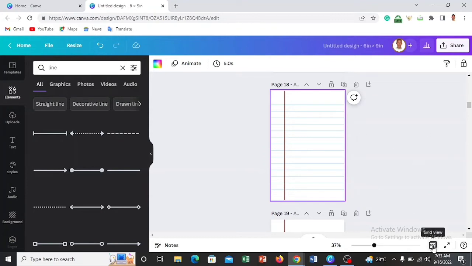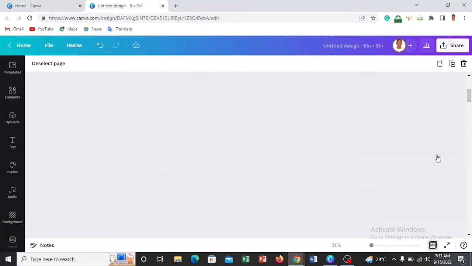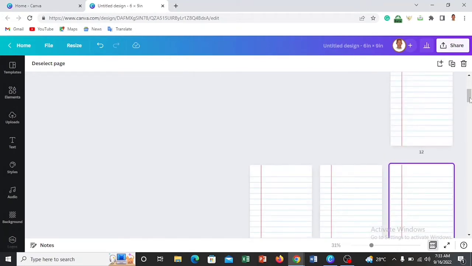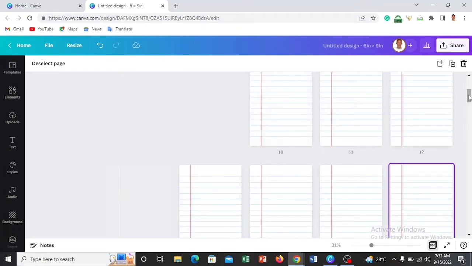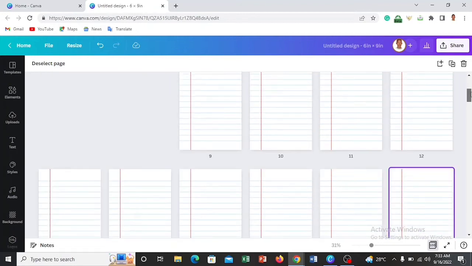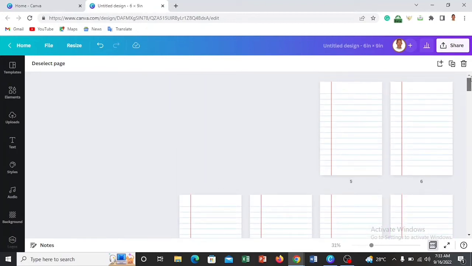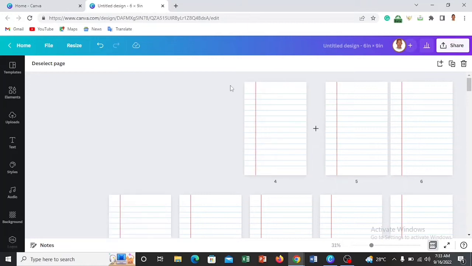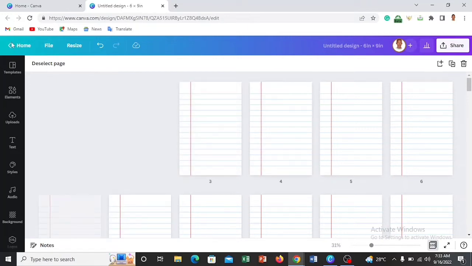As you can see from here, the pages are 100, and I can click here to see the number of pages. So once I'm done with the pages, my interior pages now are ready, or I can say my manuscripts. These are the pages from page 1 to page 100. So I can now go back to